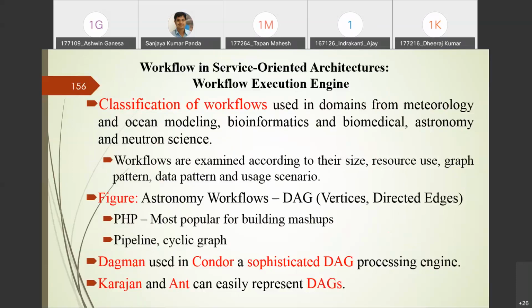Before going to that figure, I would like to tell you that DAGMan is used in Condor. Condor is used in our grid computing, especially for scheduling. So DAGMan is used in Condor, a sophisticated directed acyclic graph processing engine. This leads to a class of workflow systems such as Pegasus, aimed at scheduling the nodes of directed acyclic graph-based workflows. Or if you go for Karajan, it can easily represent the directed acyclic graph, but it is important